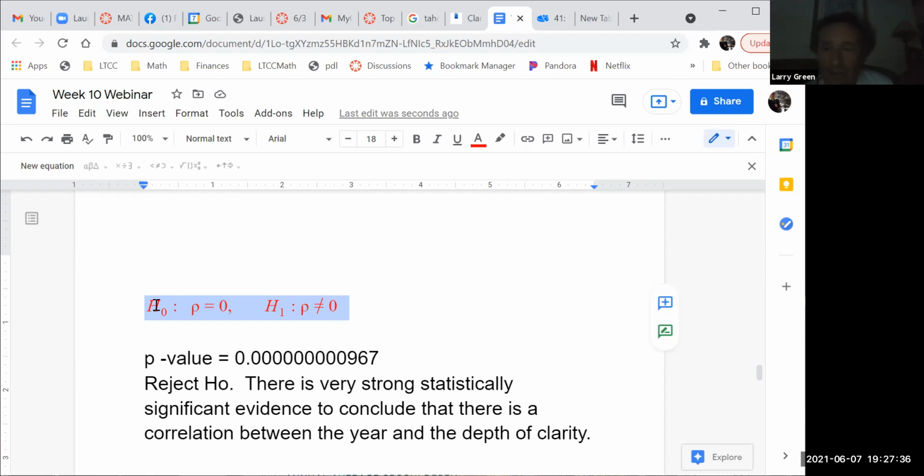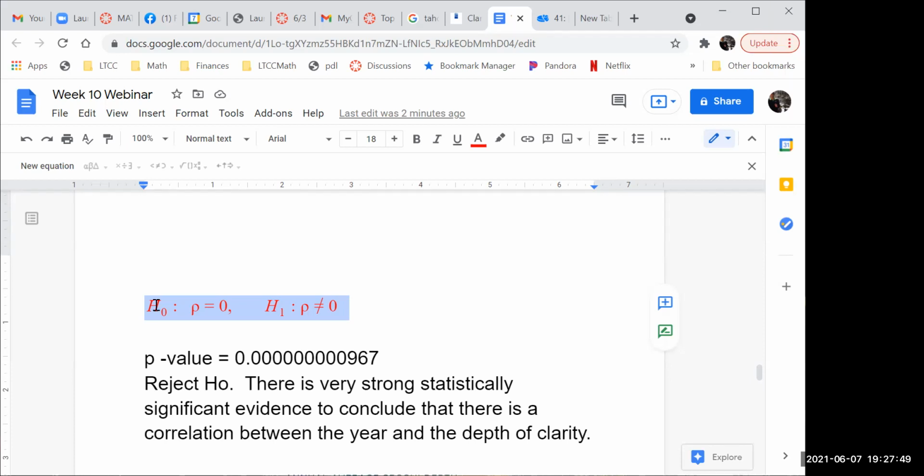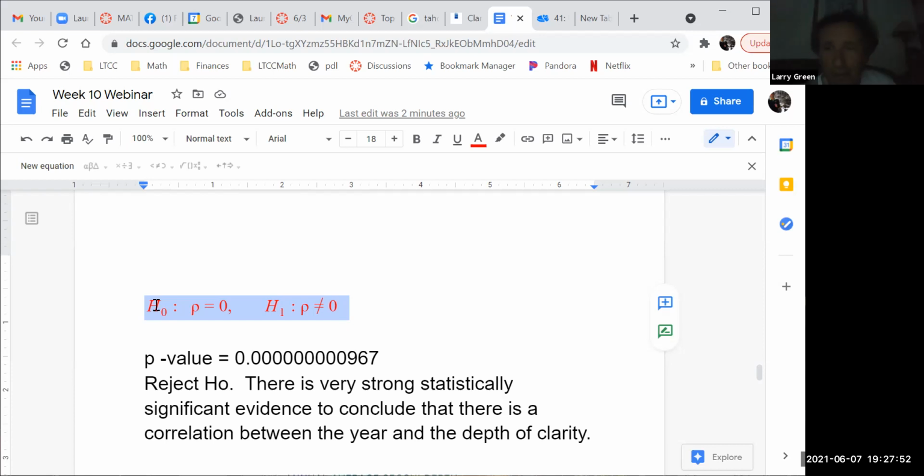Whenever you're doing a hypothesis test for chapter 12, it's exactly this. Exactly what's in red. H naught and H1. It never changes. Got it? For this class, for the exam. So get the free points. You get a note card. You have to know that it's chapter 12, that you're talking about regression analysis. But once you know that, H naught and H1 are exactly this, never change. You don't have to put them in red, you can put them in black if you want. But that's always the case.